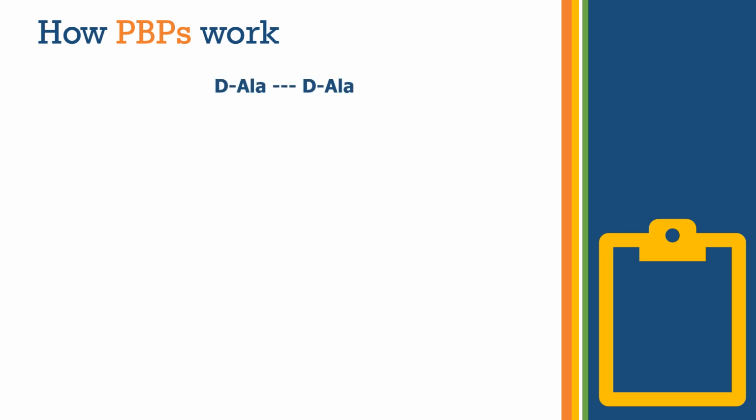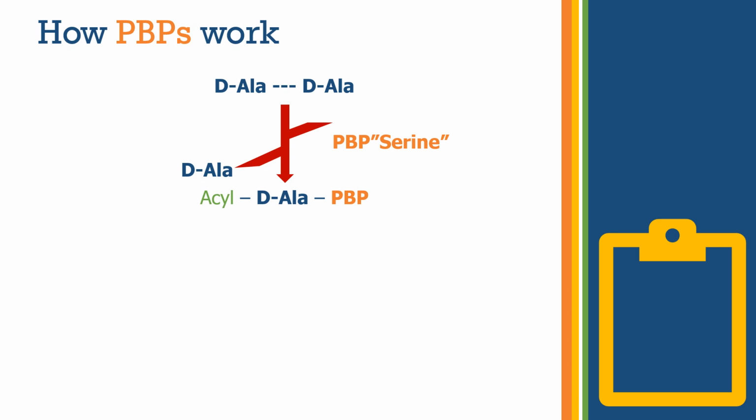As we know, the pentapeptide chain attached to the NAM sugar has a terminal D-alanine. When a penicillin binding protein with transpeptidase activity meets this D-alanine, it attacks it with its active site serine. So an active site serine is an angry amino acid in the transpeptidase domain of penicillin binding proteins. It attacks D-alanine, removing the terminal one, and forming an intermediate compound called the acyl D-alanine